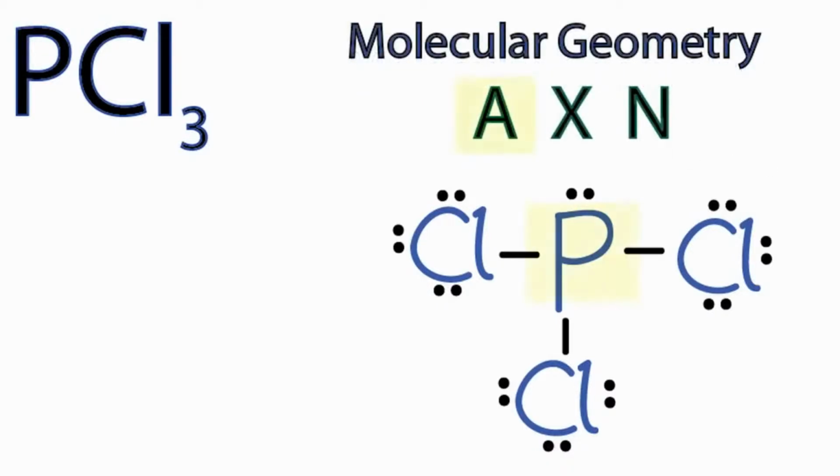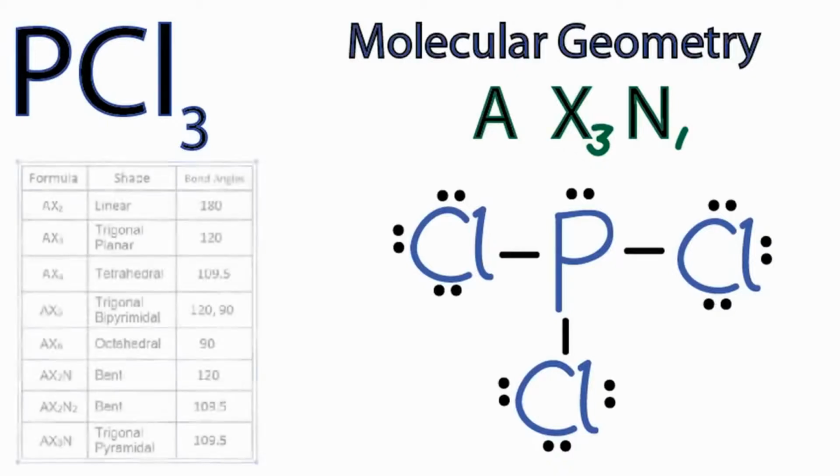So A, that's our central phosphorus atom. We have one of those. X is the number of atoms attached to that central phosphorus atom. So we have 3 chlorines. And then N, that's the number of lone pair electrons, unbonded electron pairs. And we have that 1 right there above the phosphorus. So we'll put a 1 right here. So now that we have an AX3N, we can look that up on a table and tell the molecular geometry